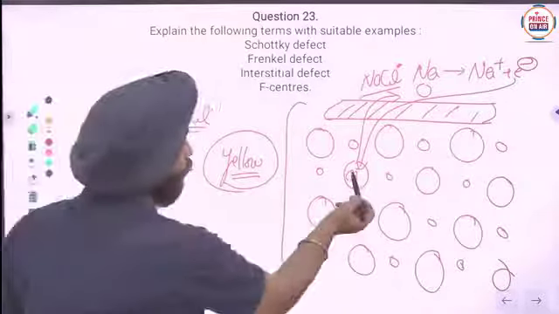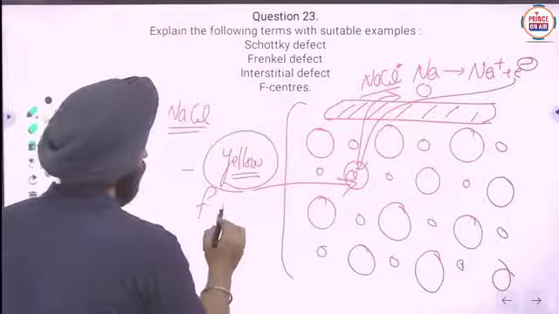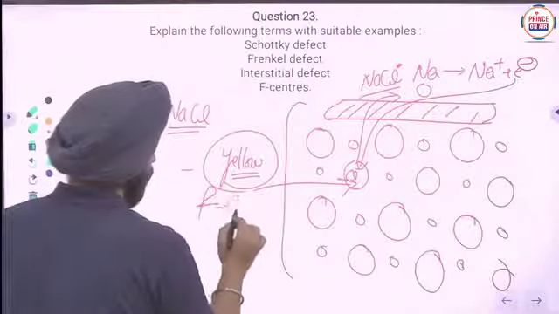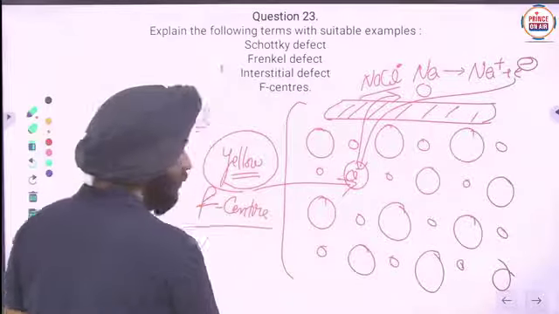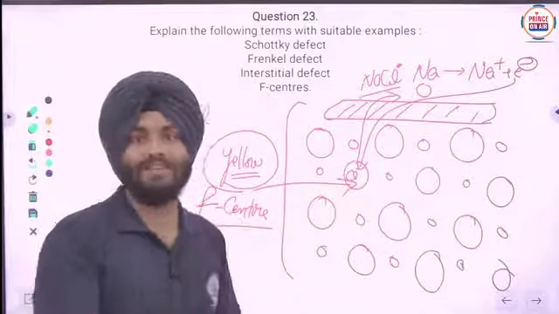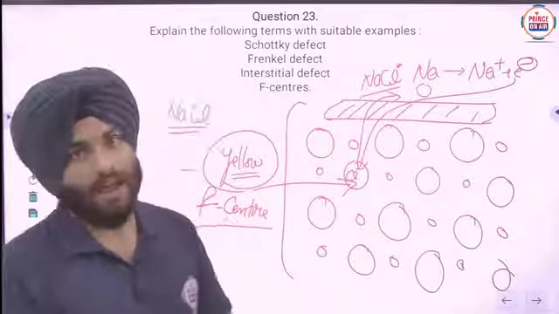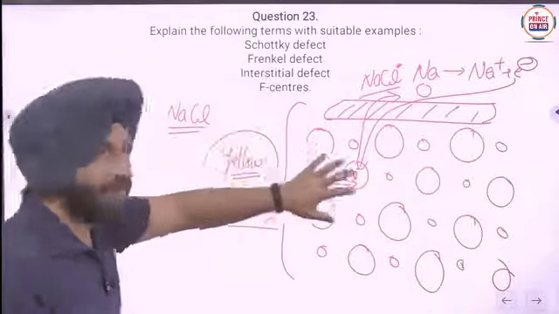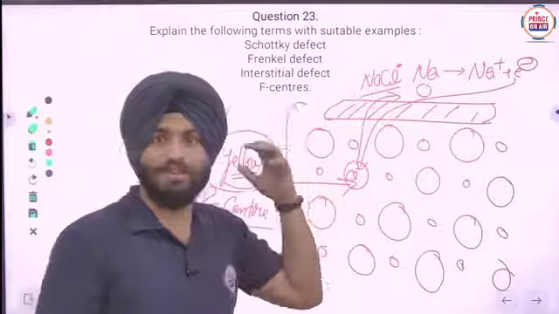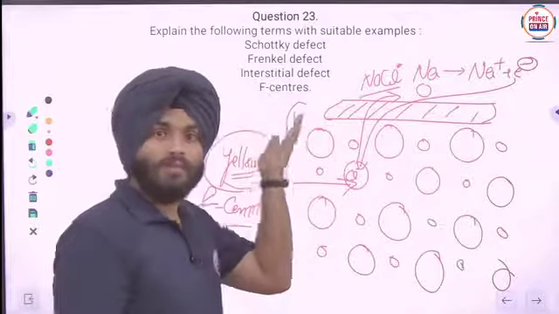So, that point where that electron is coming, that is known as F center. Okay, now with the help of an example I have explained this. All those topics we have discussed in detail in the previous lectures, so for detail you can see those lectures once again. In this lecture I am just discussing the question answers, so that you can recall the answers of these questions